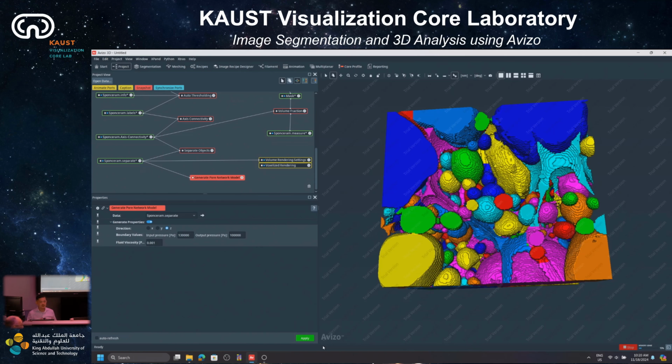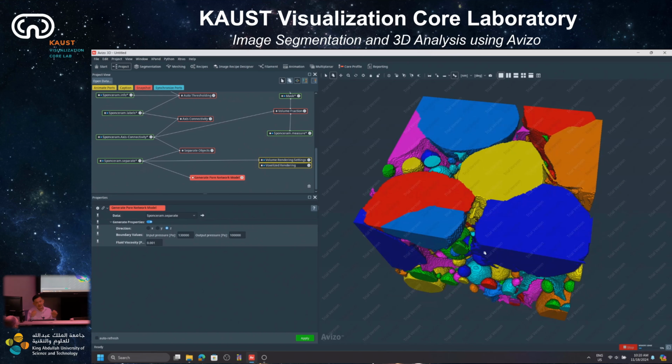This is just to simulate, to see how the flow goes inside of these pores, for example the flow rate, because later we're going to simulate the so-called throat, and then you will see the property. So this is the option that you can generate property or not. If you don't select to generate property, you will not see the flow rate per second, for example. You want to see how much is the flow rate per second into this pore based on the channel length and throat diameter. Just click apply, and after that you will get